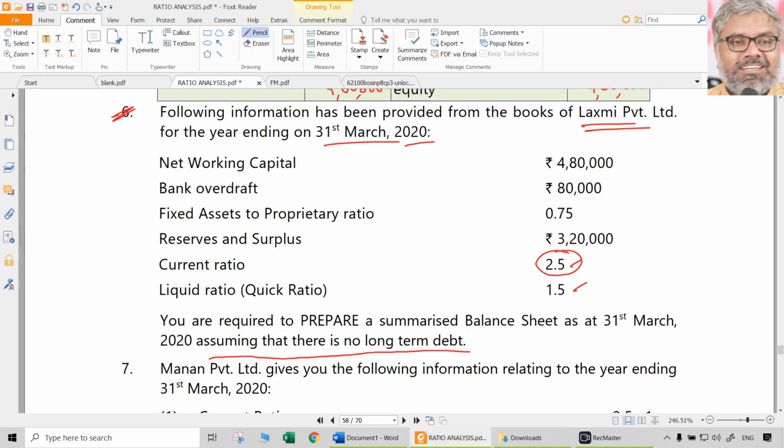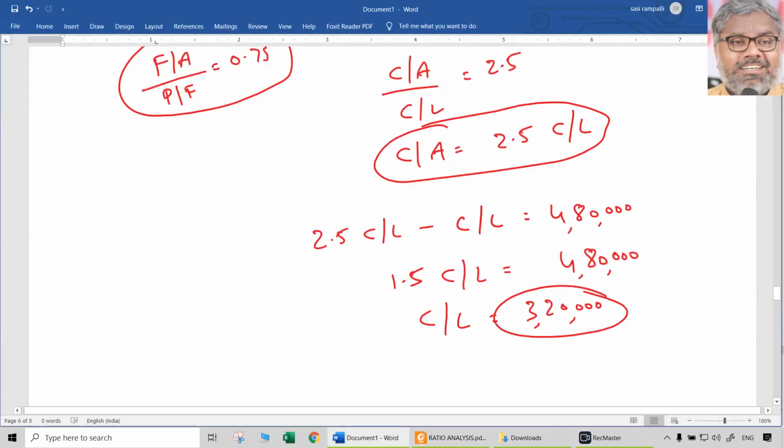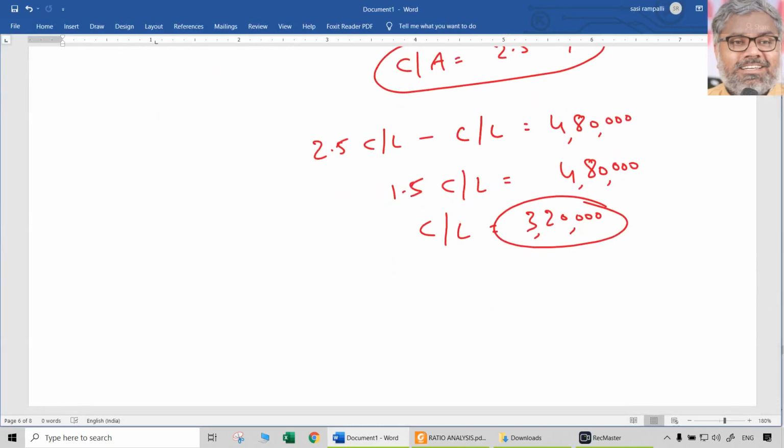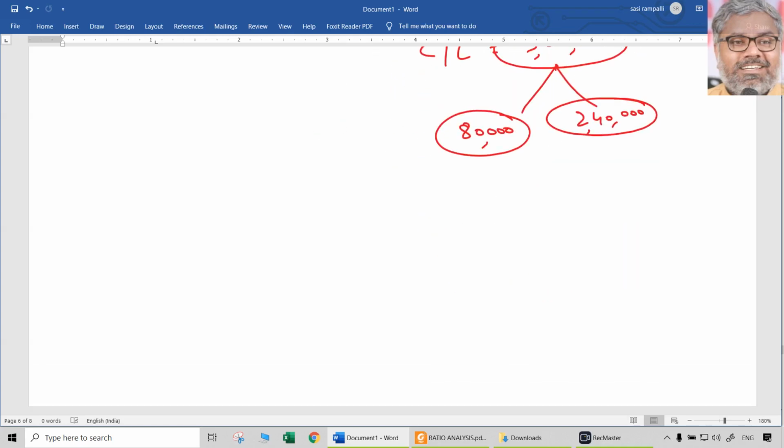One thing we got. What will be current liabilities? Generally payables, nothing else. No long-term debt, nothing else is there anyway. Even within current liabilities, here bank overdraft is there, correct. Bank overdraft is 80,000. So if 80,000 of the 3,20,000 is bank overdraft, that is a current liability. Naturally, how much will be the remaining? That will be creditors, 2,40,000. We call that payables, no problem. So one item on the balance sheet, we got it in detail.